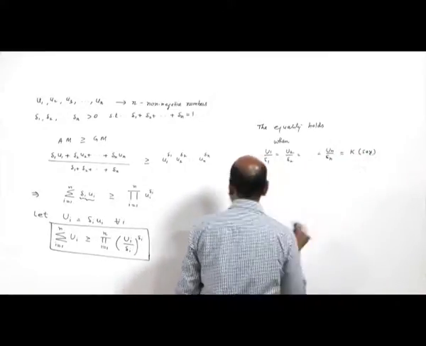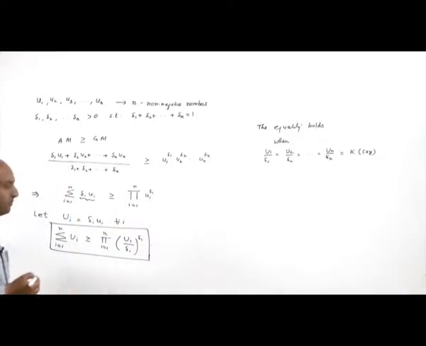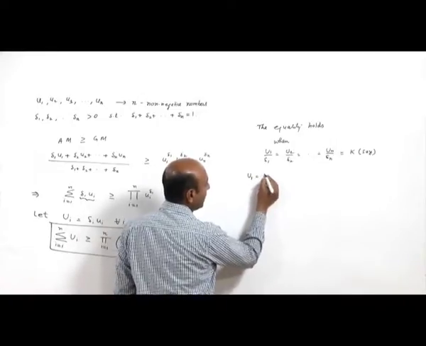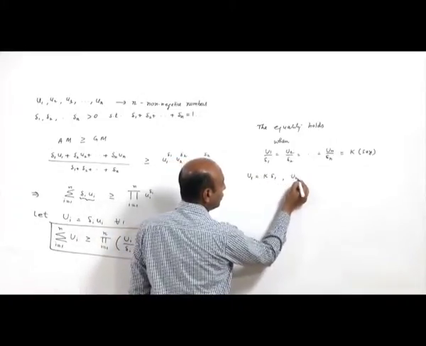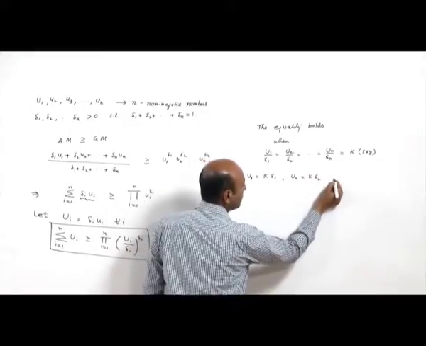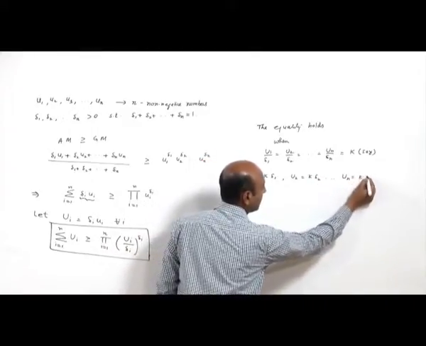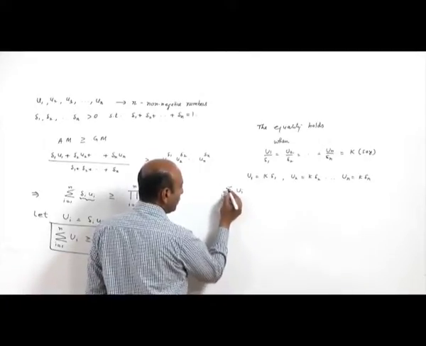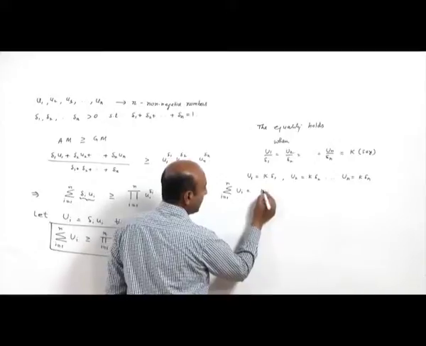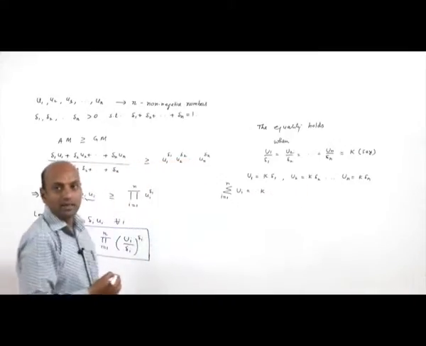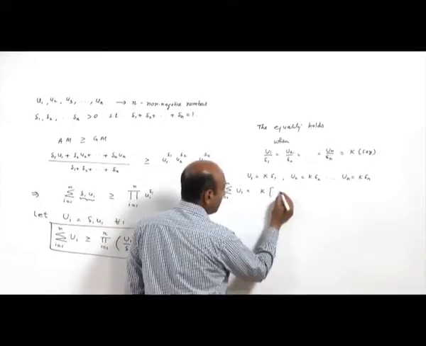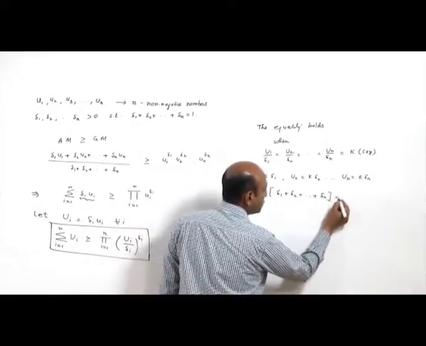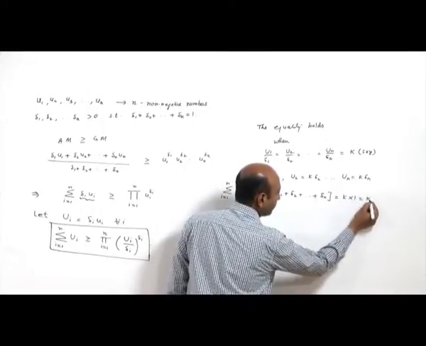Okay. If it is k, then the left hand side will be nothing but what will be u1? u1 is k delta 1. What is u2? u2 is k delta 2, and similarly what will be un? It is k delta n. So, what will be left hand side? Left hand side is summation of ui, i running from 1 to n. So, it is k times, k will be common from all the ui's, then it will be nothing but delta 1 plus delta 2 and so on up to delta n, and it is 1. So, it is k into 1, which is k.